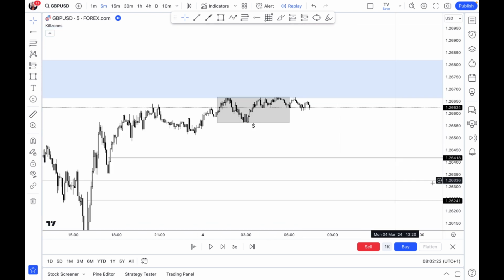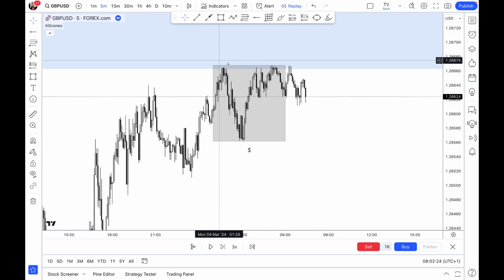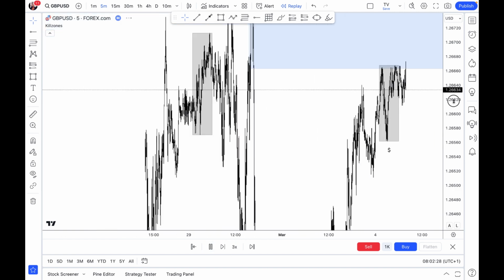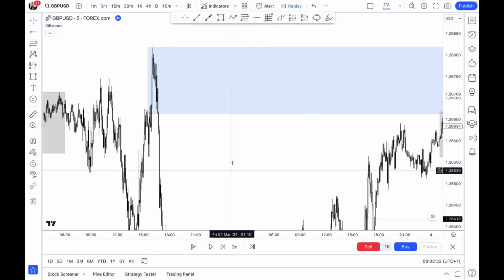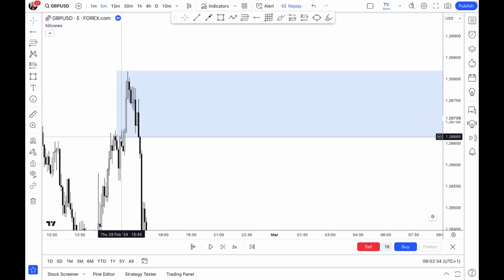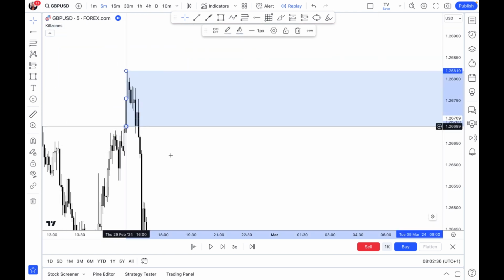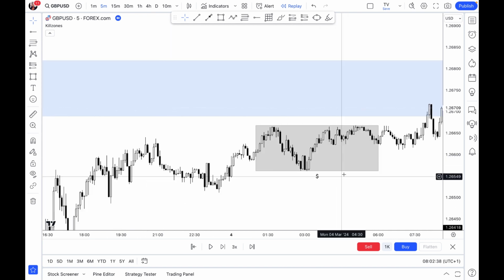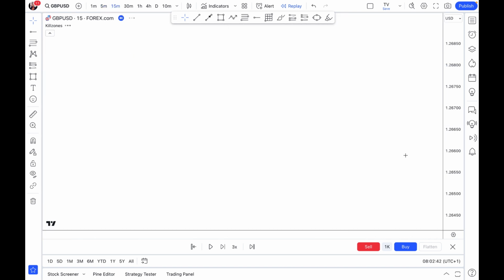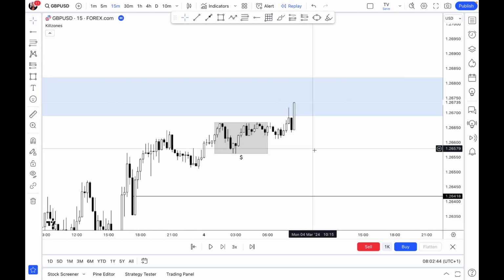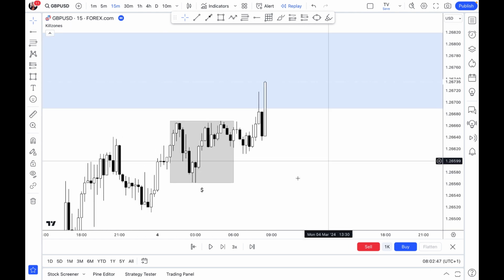So coming into Monday, market printed out the Asian range, and as you all know, we always want to see the Asian range high being taken out when we want to take a sell trade. And if we should refine this zone to this level of supply right there, you see that the Asian range high was actually taken at this level. So now we'll start marking our structure in order to sell.